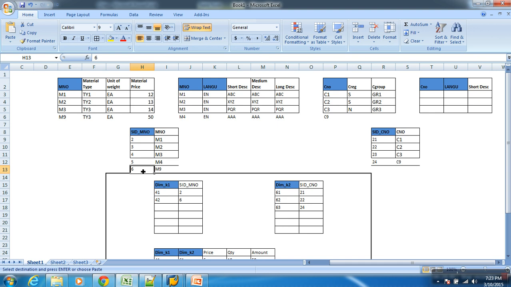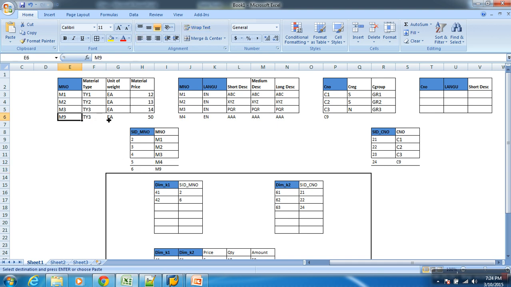So now tell me, knowing this, if I give you a chance of loading, so you have to load master data and you have to load transaction data from a source, will you prefer loading master data first and then transaction data, or transaction data first and master data after? From the point of performance, we will always load master data first and then load transaction data. Because if I load my transaction without master data, the performance will go down because it has to explicitly generate SID, then generate dimension ID, then use it in the fact table. It takes a lot of time. That's why, from the point of performance, we always load master data first, make sure the SIDs are generated, then we load transaction data which will generate dimension ID based on the SID. So then the loading performance is better.